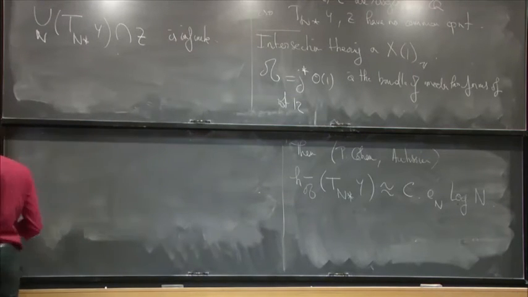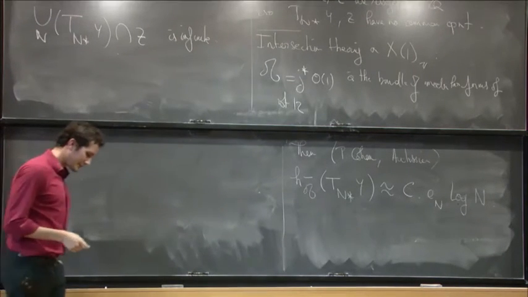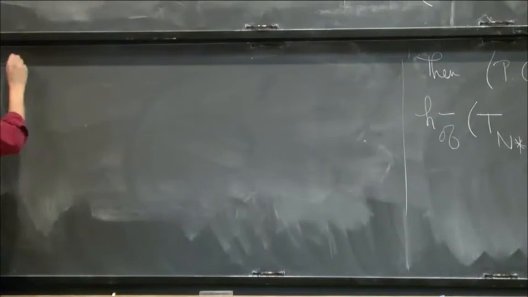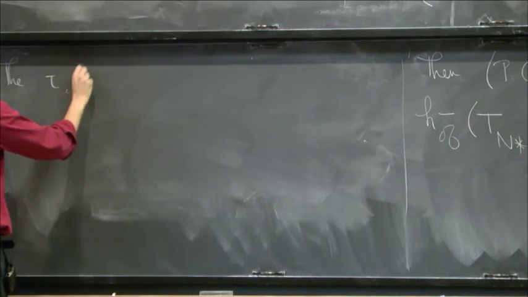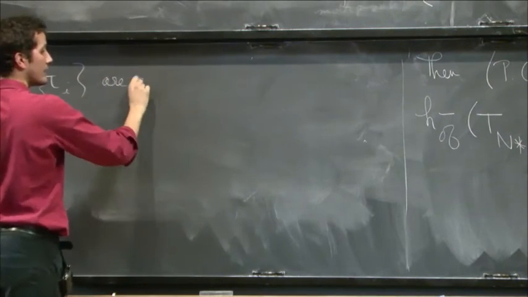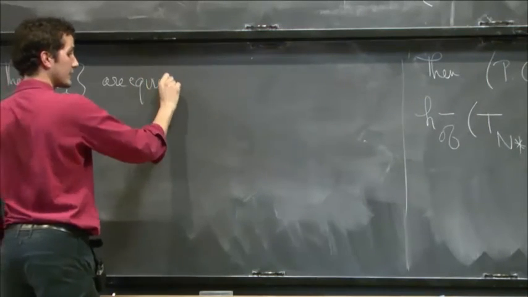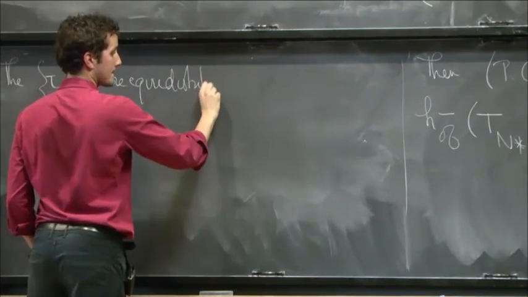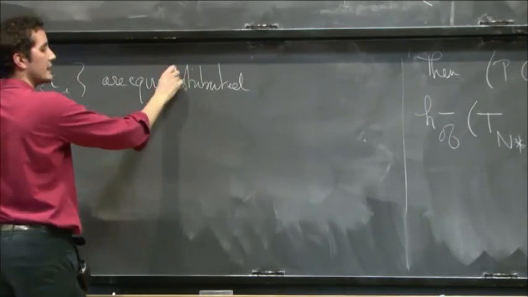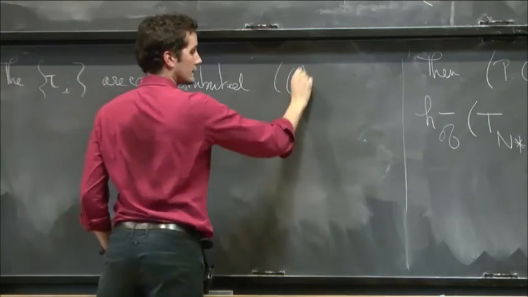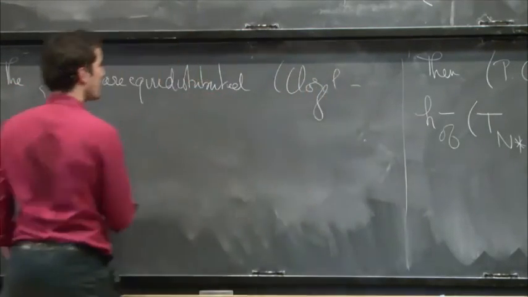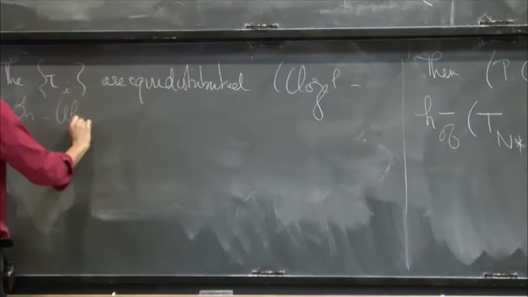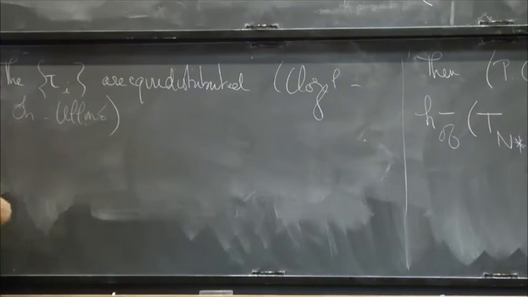And so how can we have an idea of what this looks like? Well, we know that the tau_i's are equidistributed in the Poincaré half plane, let's say. So this is a result due to Clozel and Ullmo, right? The graphs of the Hecke correspondences are equidistributed. So we need to compare